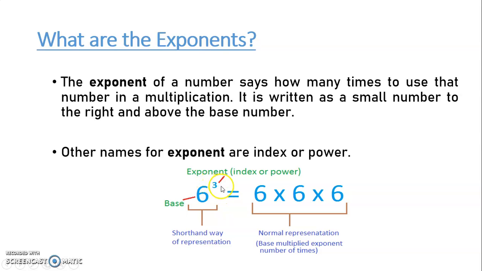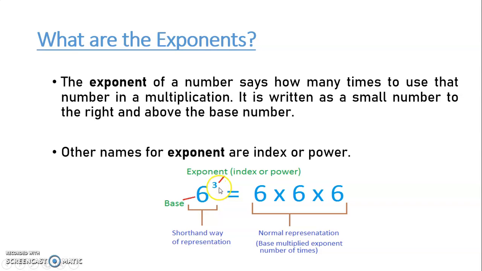The exponent is written in small letters at the top right-hand side of any other number, and this other number is the base. So this is the whole system of exponents. If the exponent, the top right-hand number for the base, is 3, then we have to multiply the base as many times as written. Here it is written 3 times, so we are multiplying this 6 three times with itself. This is what is meant by exponent.